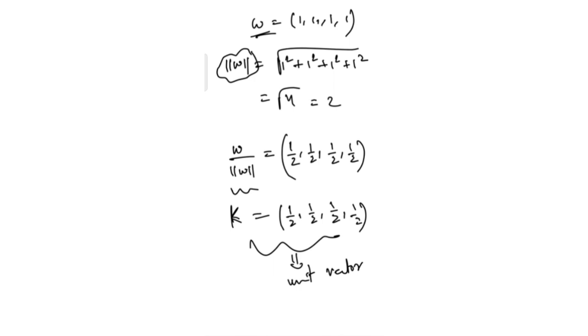So if I give you some 3-dimensional vector with bigger numbers like 100, 101, 102, and I ask you how to get a unit vector out of this, what you do is just find the distance of that vector and divide the vector by it, you will get a new vector, and that will be a unit vector. So this is how you can extend this to higher dimensions. This is 4 dimensions. Go to 5, 6, 7, go to n, go to infinity. You'll be following the same principle there also. Fine.